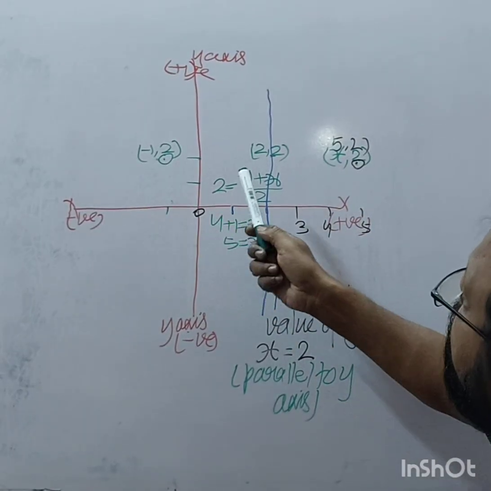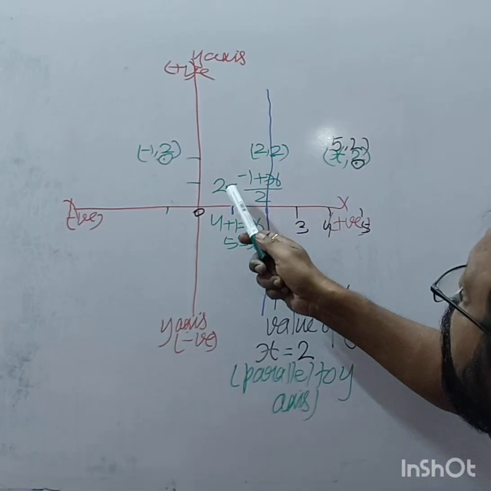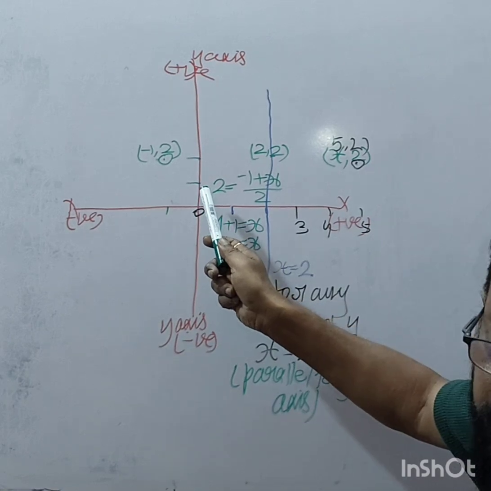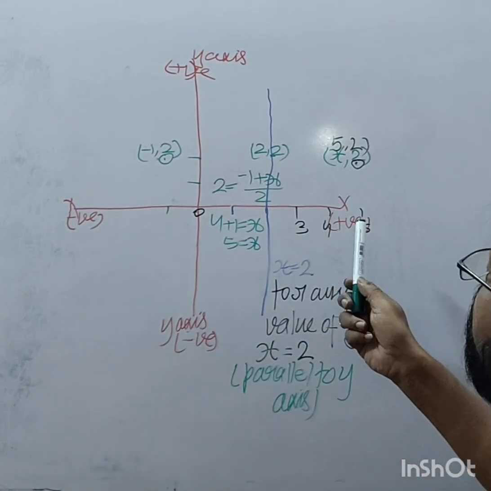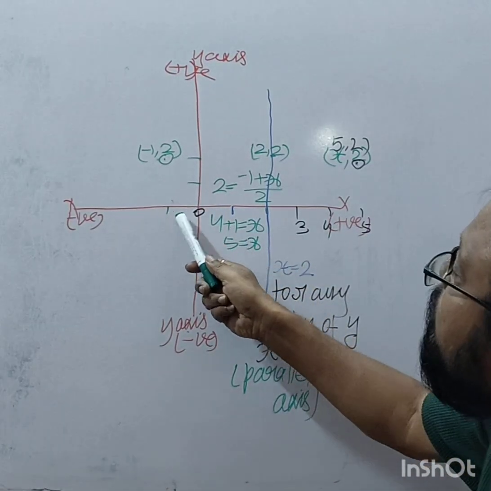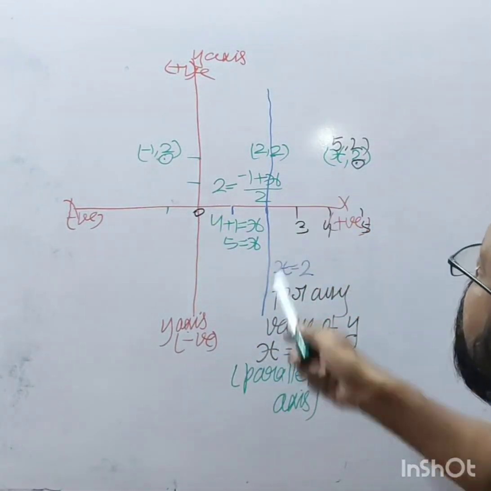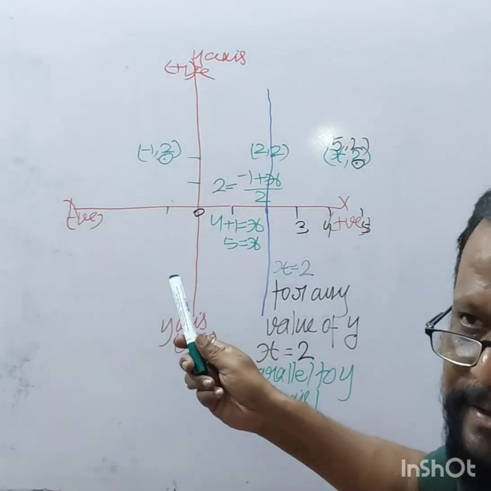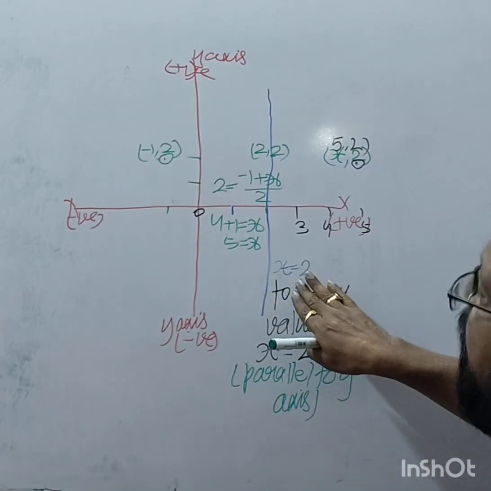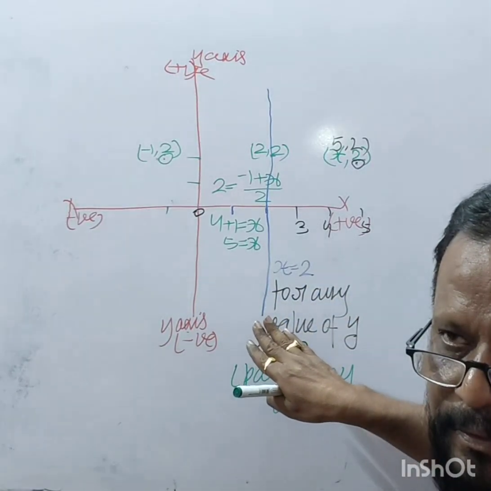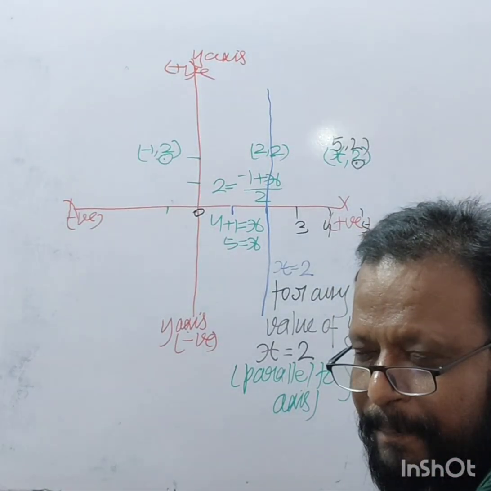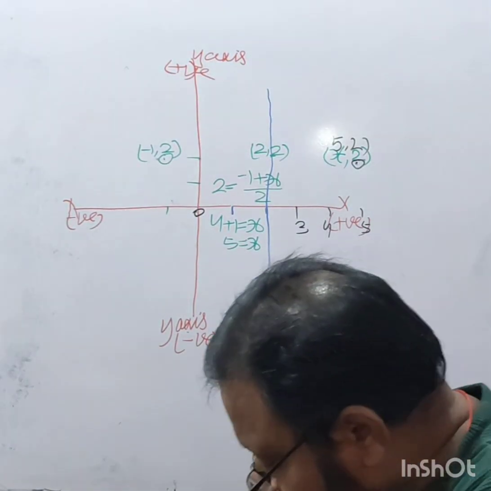So the value you have taken, this is the midpoint. So you have taken 2 is equal to (-1 plus x) upon 2. 2 times 2 becomes 4, 1 comes here, 5. So its distance is 1, 2, 3 units, and 1, 2, 3. So from this line, reflection is the same. So this is reflection through a line, which is x is equal to 2. Right? This you understand to some extent.